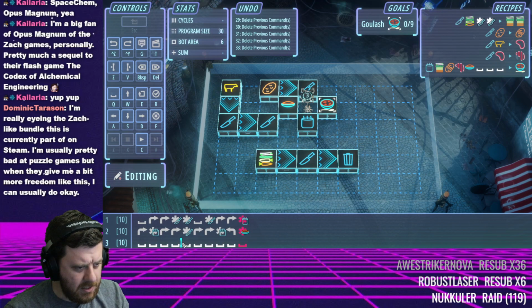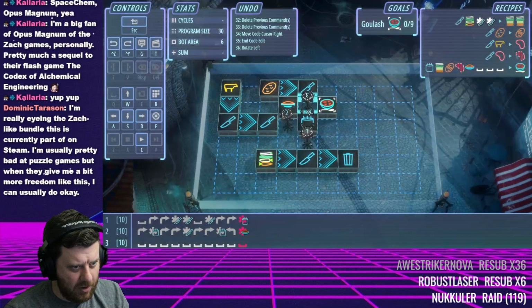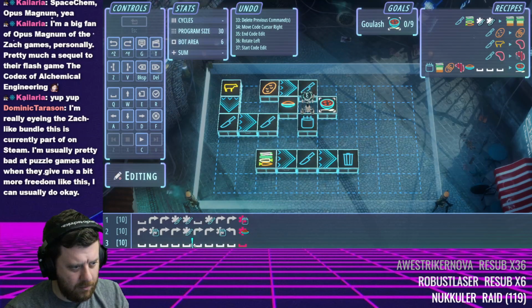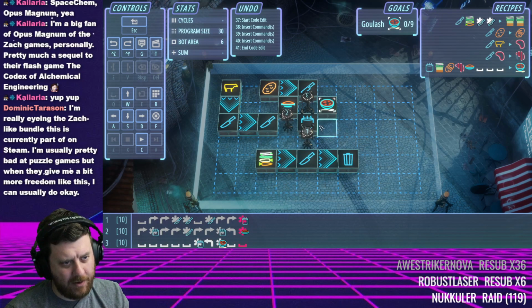So it's ready here. No, it's ready here. So let's just say for a moment that at this point he picks it up, places it there. Man, I really need another bot for this, I feel like. I'm trying to do this with fewer, but